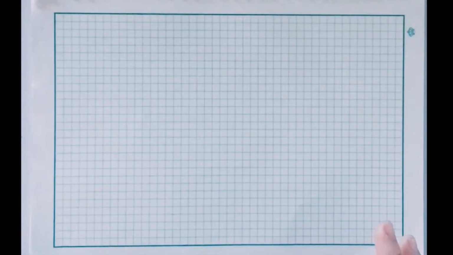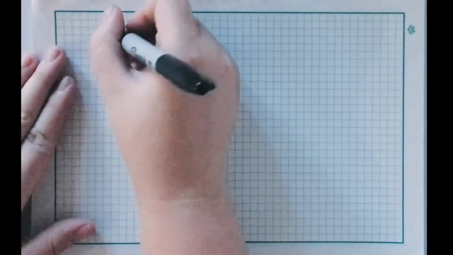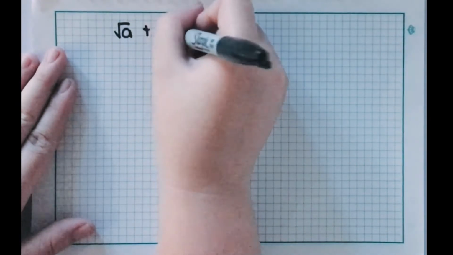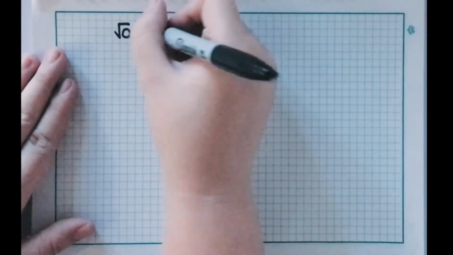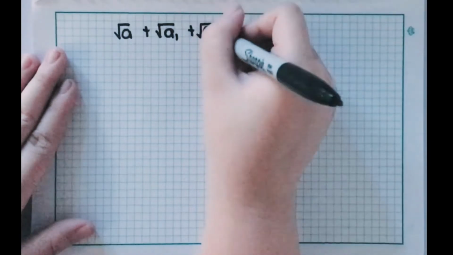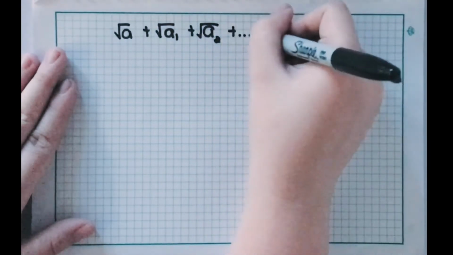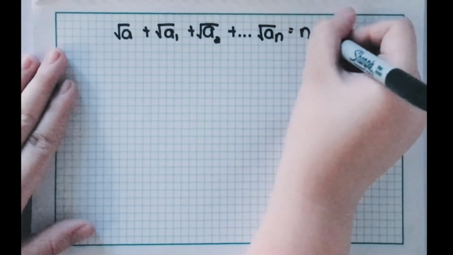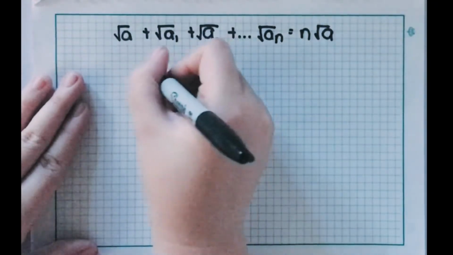First off, addition of similar radicands. When adding radicands, there are two things to remember. First, if the radicands are similar, simply put, n equals the number of times the similar radicands are added to each other and multiplied to the radicand. The equation goes like this. A concrete example is